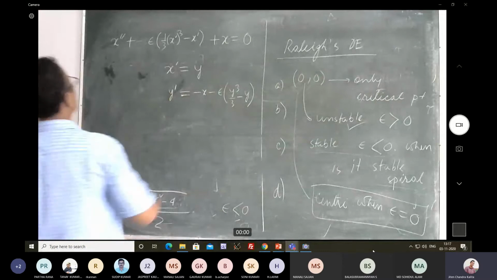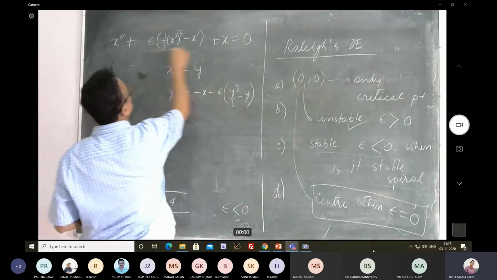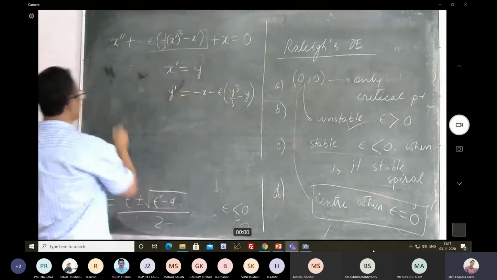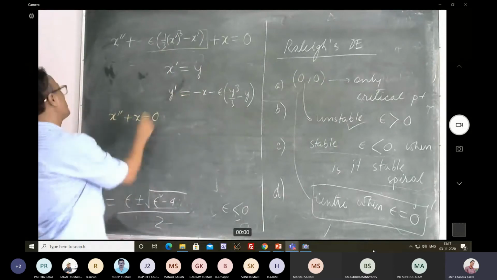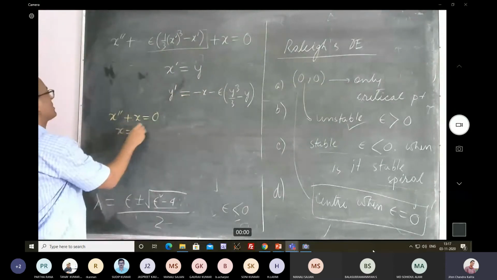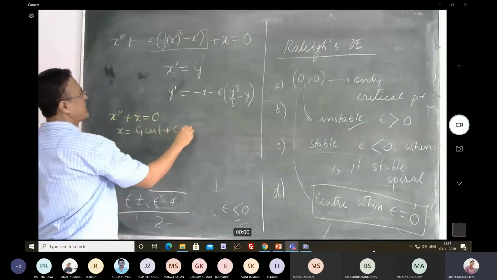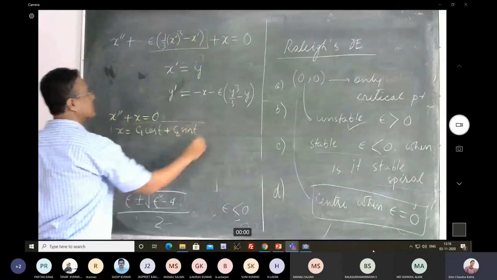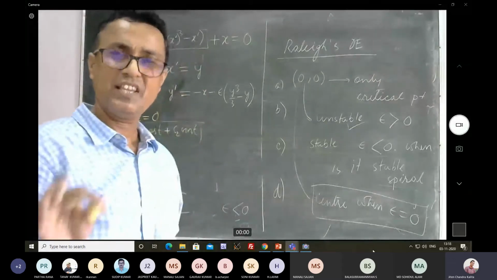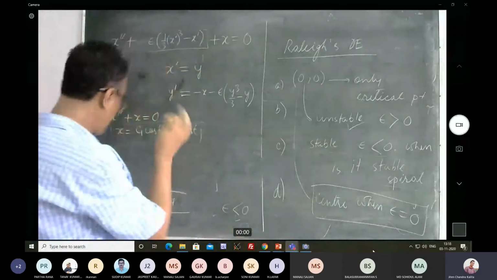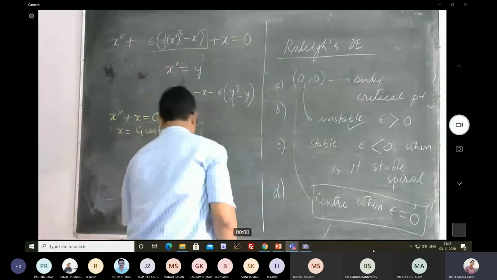See, you can do that by simply plugging in epsilon equal to 0 here. So that is going to give you x double prime plus x equal to 0, right? And from here you are going to get x equal to something like c1 cos t plus c2 sin t, right? And this being periodic, you are always going to get a center, right? We could have done that, but here what I'm going to do, like say